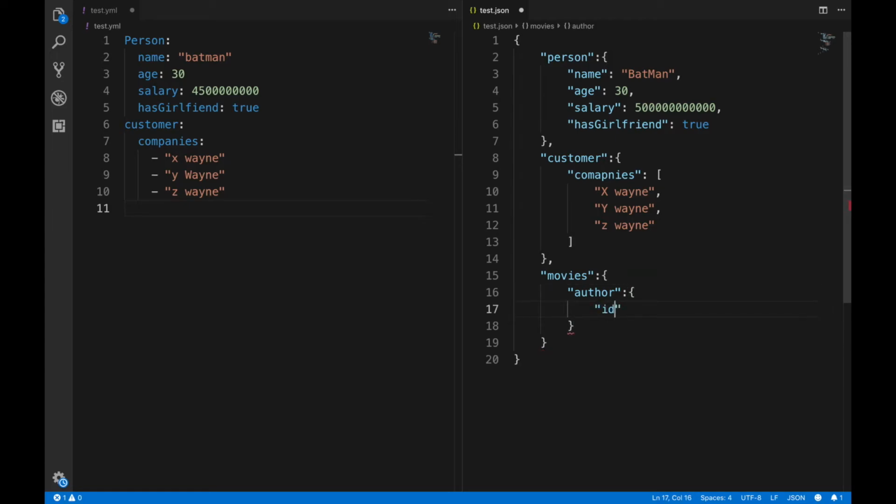So we will write ID which has value 1, comma, then it has the name of the author which is The Dark Knight. Oh, the movie was good actually. Okay, so this is the Dark Knight movie. Fine.